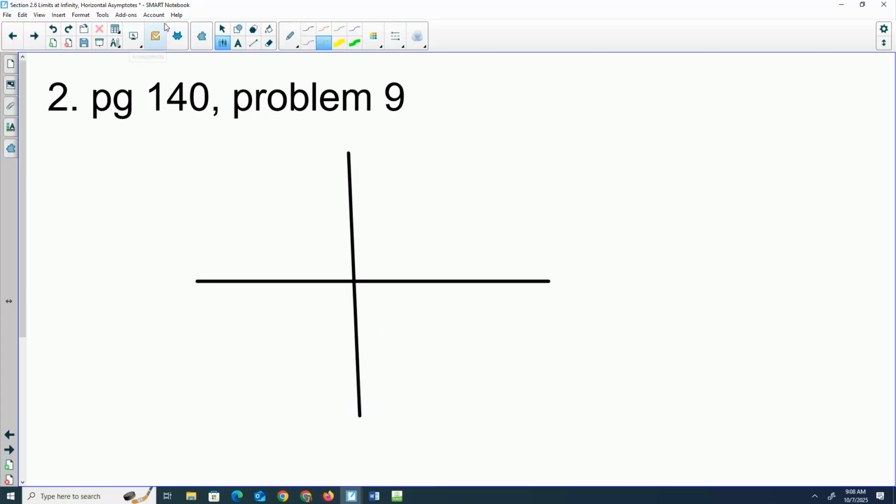So this question is asking me to draw a graph to meet a lot of different requirements. If I am going through this, there's not just one possible answer, and you're probably going to have to adjust your graph as you go. Alright, so if I look at problem 9, the very first thing it tells me is f of 0 equals